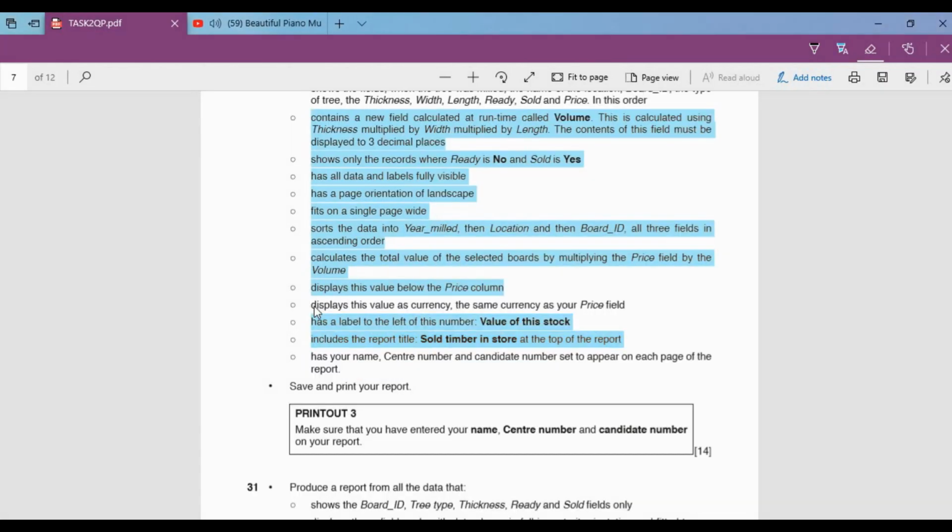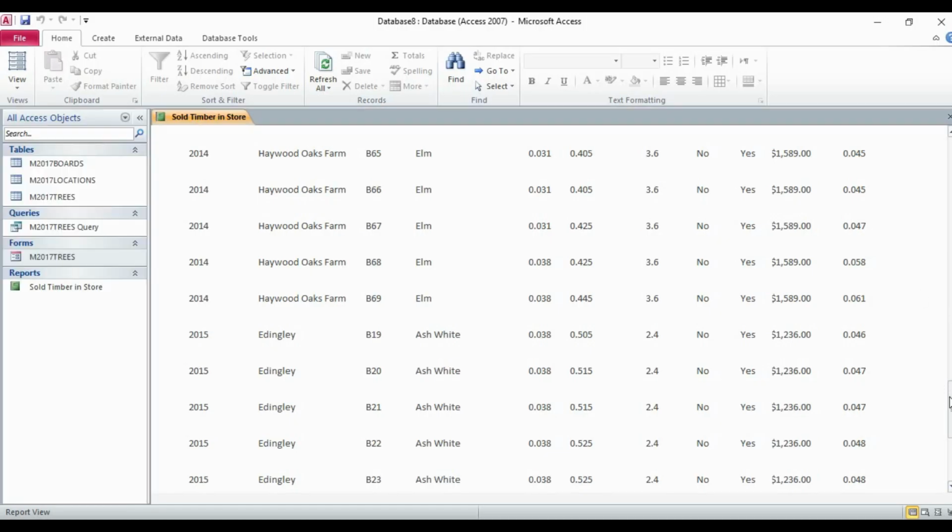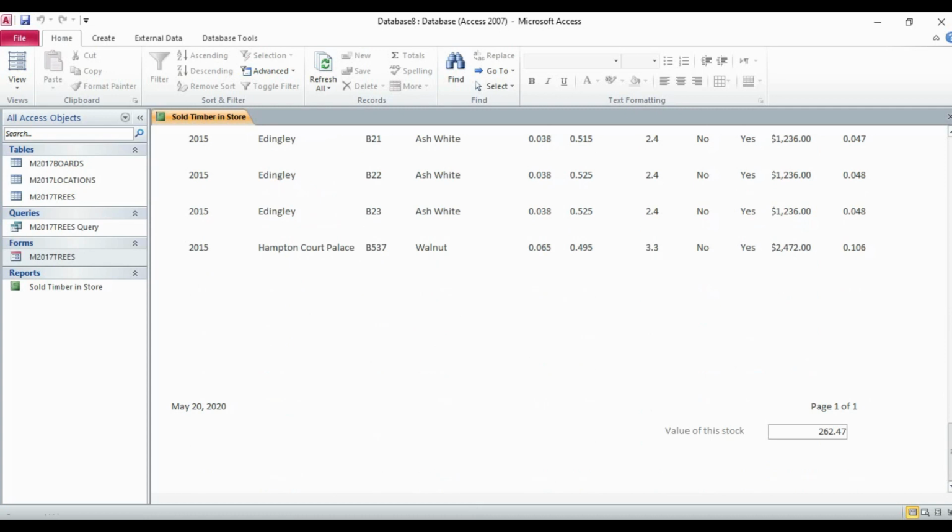Next, we have been told that we have to show the price as currency. So we will go back to the Access window. If we see at the end of the report, it is not given in any format.